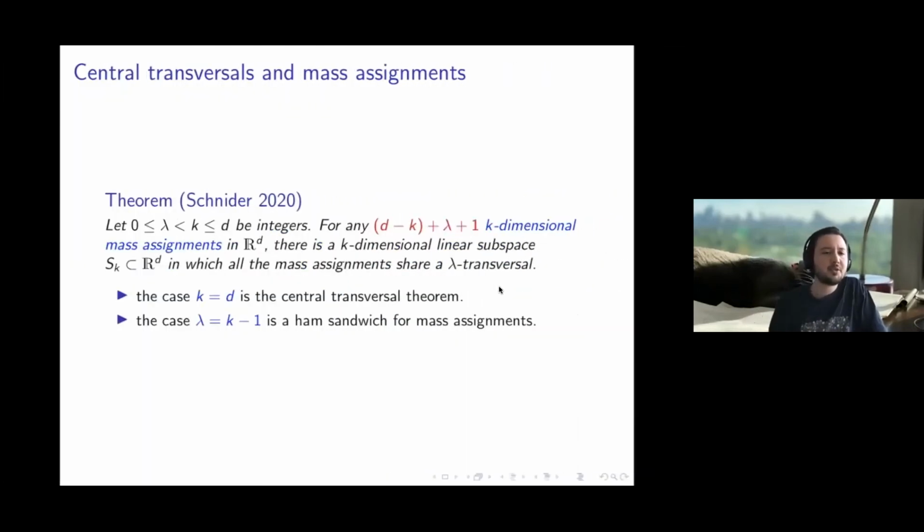So if k is equal to d, this cancels, and you just get this, which is the usual central transversal theorem. If lambda is k minus 1, you get the Ham sandwich result he proved for mass assignments. So this is sort of the excess you get in terms of this thing. Now this one, I told you how we could improve it by imposing geometric conditions